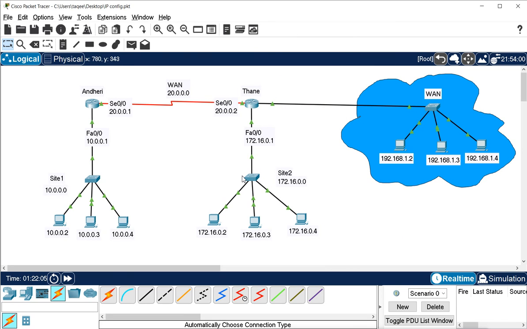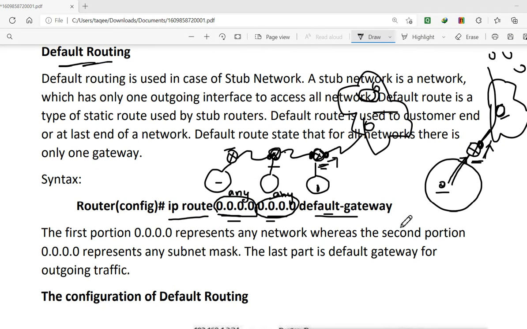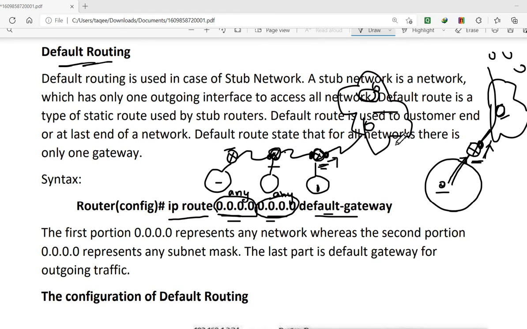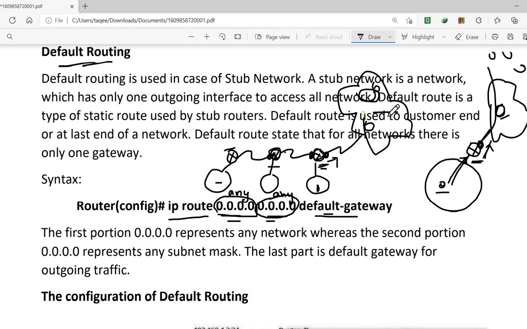So this is the default routing. We configure the default routing when we want it to cover any network. So this is the default routing, or we can say the default route. And remember, this default routing we always configure as a static route, so it can go to any network. Always at the end of the network, on the router which is connected to the internet or WAN, we configure the static route.